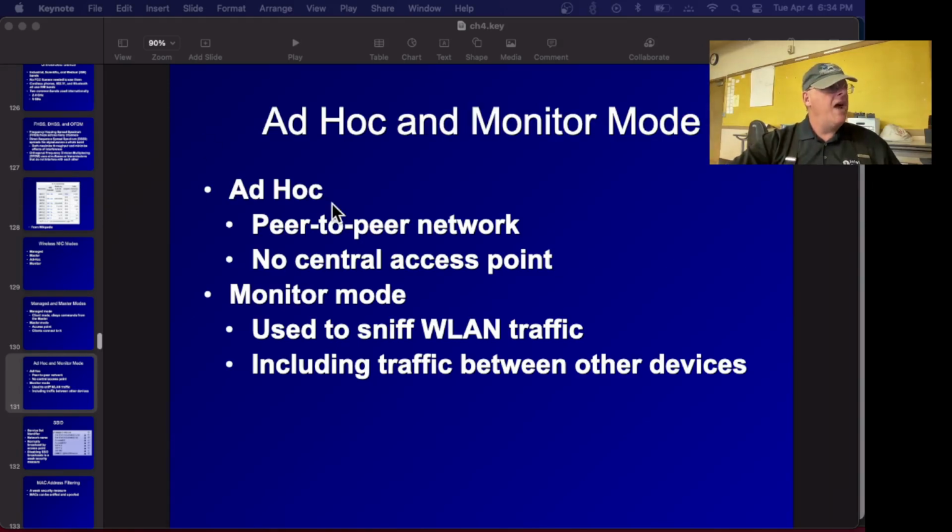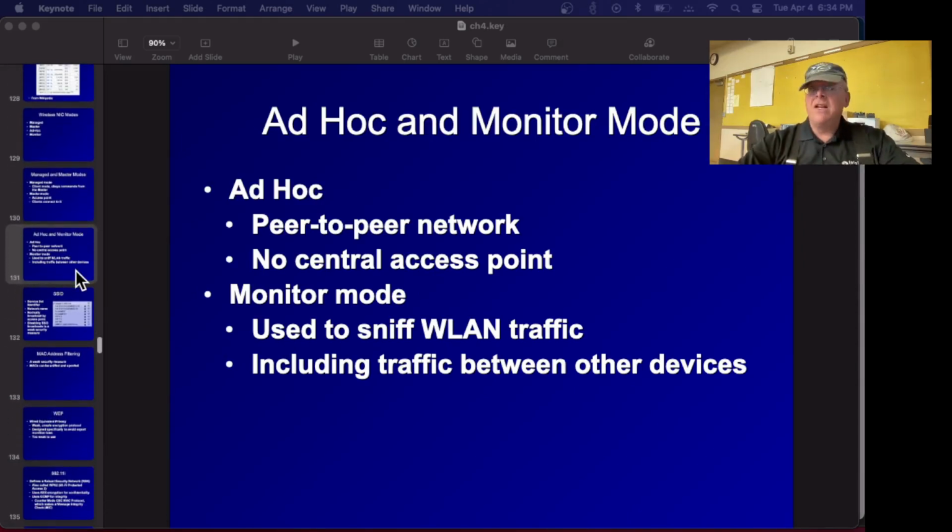All right. So ad hoc networks are where you just have two laptops that talk to each other wirelessly without having a router. So it's a local network between two points, like a crossover cable. And monitor mode is where you sniff all the traffic that comes in, even if it's not intended for you, even if it does not match your MAC address. So this would be a way to snoop on what other devices are sending to each other that is really not intended for you. And so the hardware can do this, but a lot of software and drivers do not provide it because it's not something a normal person needs.